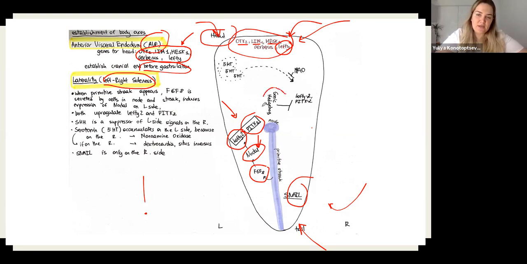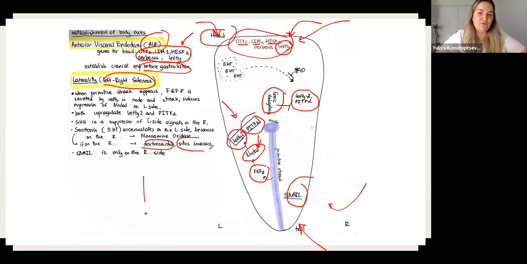Sonic hedgehog is a very important structure in the embryo. It regulates so many processes. It controls so many processes. And one of the processes that it controls, it makes sure that none of the left side transcription factors are expressed on the right. Okay, so sonic hedgehog will inhibit lefty2 and PITX2 on the right side. If for some reason lefty2 and PITX2 end up on the right, you could have two disorders, dextrocardia